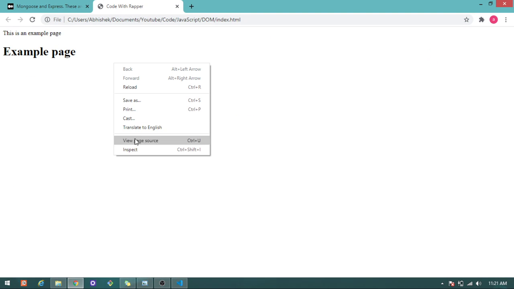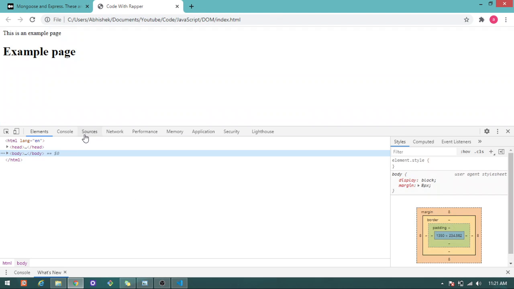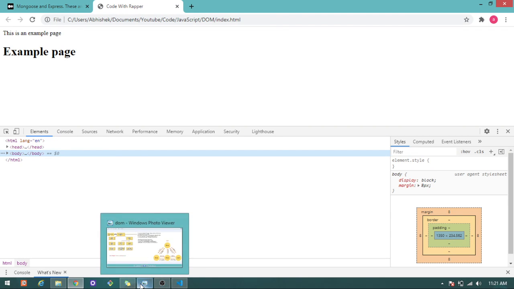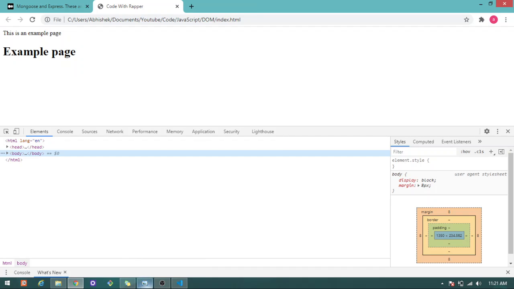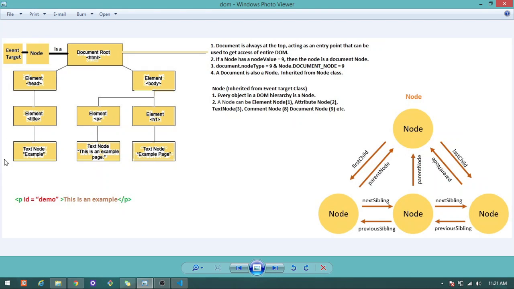When this web page is loaded, a document object model for it will be created, and it will look like a tree structure, a hierarchical structure. The document will be at the root, and as it is an object hierarchy, it follows the OOPS concept.